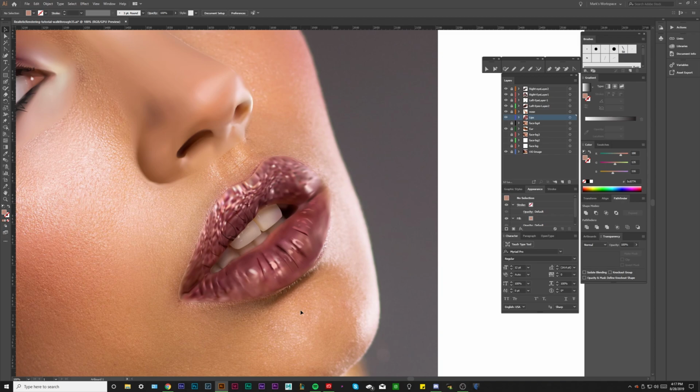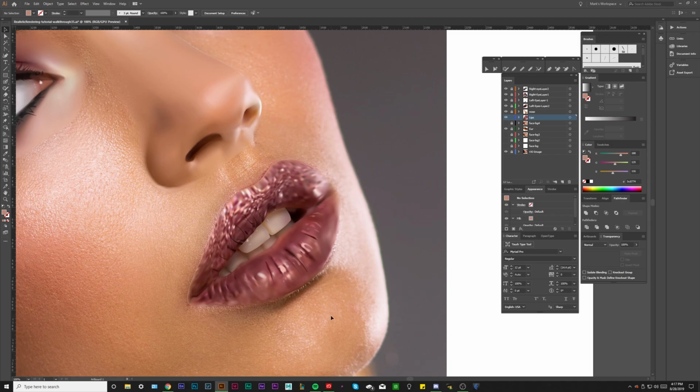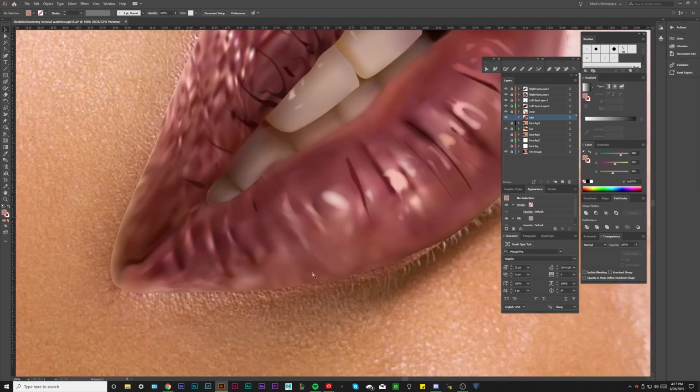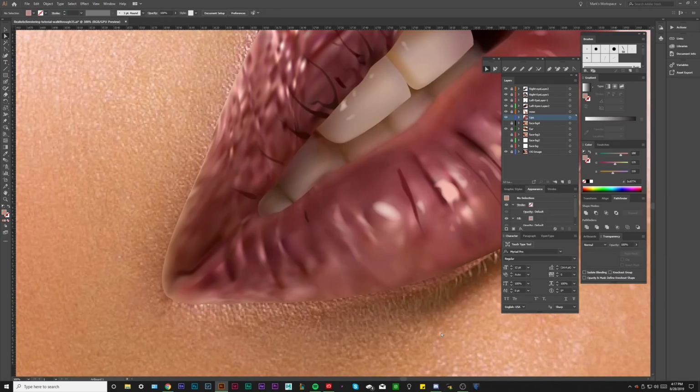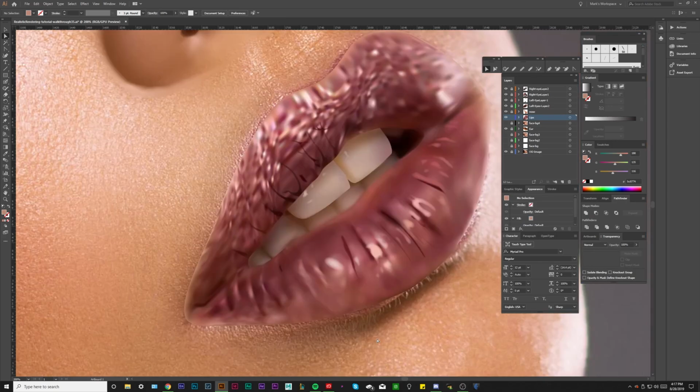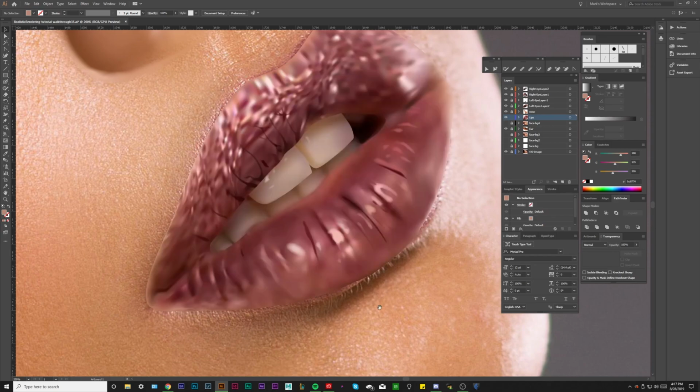Not that that's a bad thing, but I want to bring it back by overlaying shapes as opposed to going back into my mesh and adding little spots of highlight on the mesh. I just think it'll look a little better if I do overlay shapes, but that does not mean we can't go in and add some lighter color in here. This is just the way I particularly want to do it, and this is the way I get the look that I like. So on that note, what we're going to do is hide this by hitting Control-3,